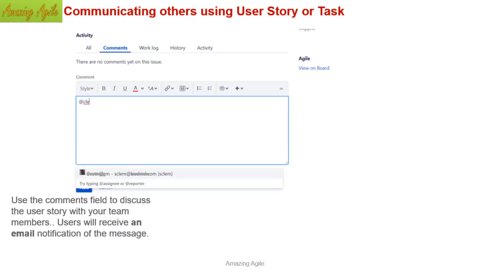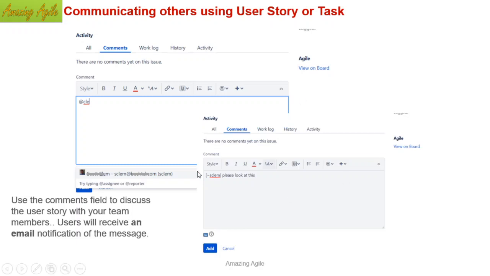Let's move to communicating. It's a nice way of communicating. That means you can write a comment in Jira and it will go as an email. As I told earlier, you can make a comment. You can write just a simple sentence, and if you click the save button here, it will be visible to everyone who comes to the sprint or this story. But it is not possible that people are always looking at the screen. So if you write @ and the email address and then write something, it will go to the person's email box and he can take a look. And if he replies in the email box itself, it will come here as a comment.